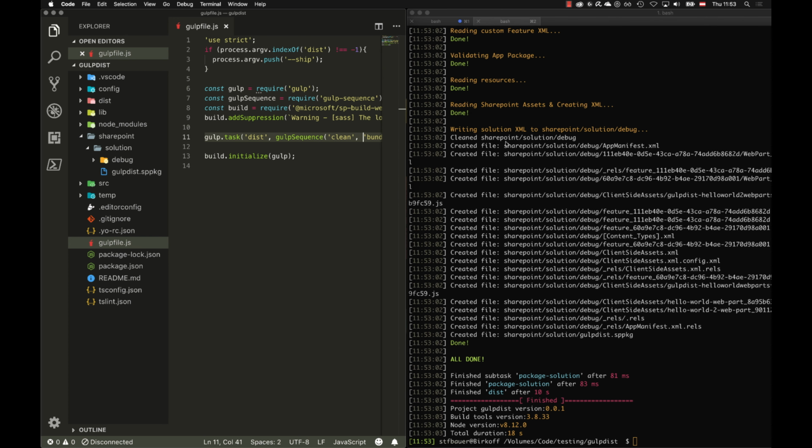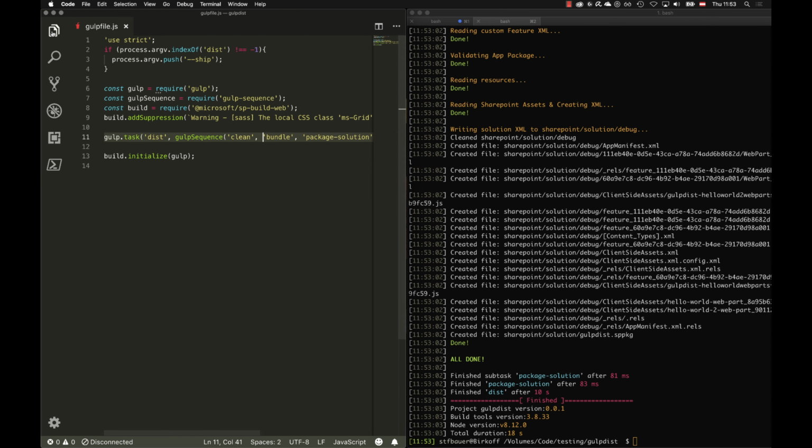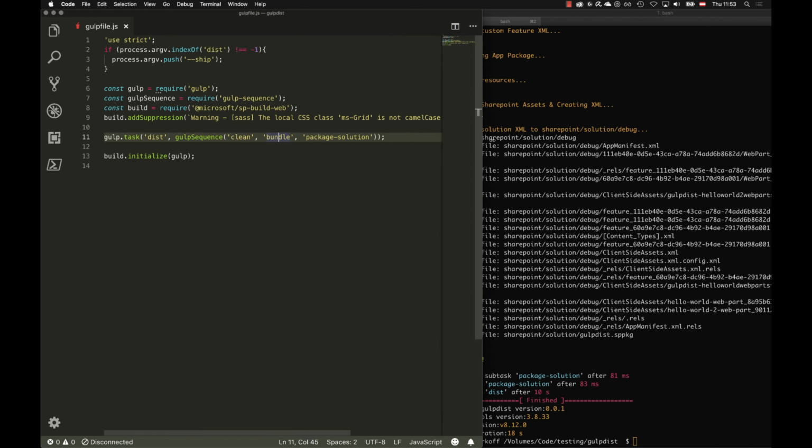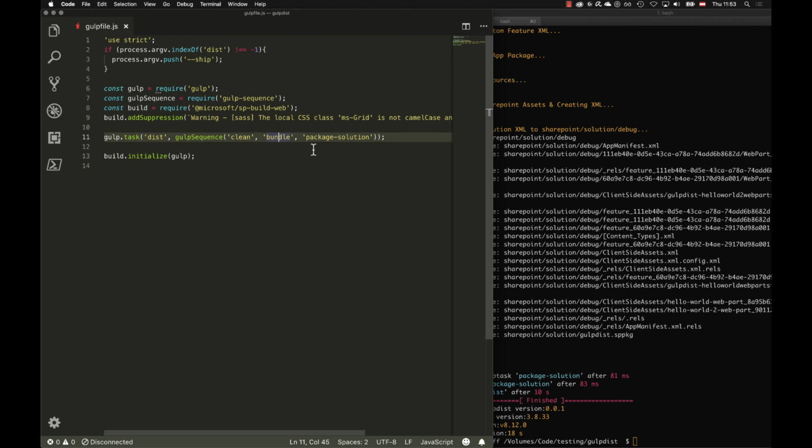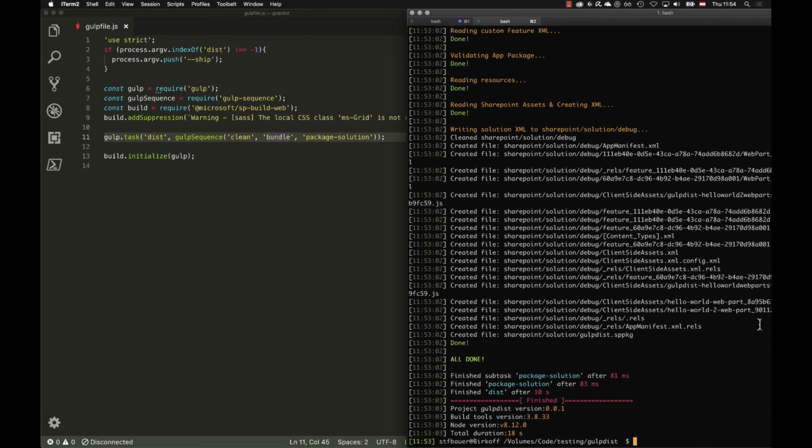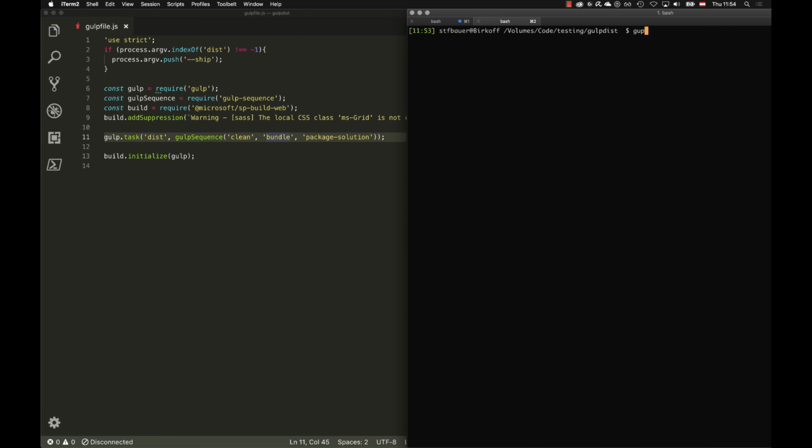Another thing that we don't actually need in here is the gulp build, so we can remove this safely, because what happens in SPFx is that clean is the first task that stands on its own, and when we bundle our solution, the build will be executed automatically. So this saves you a little bit of time when you create a new package. So what you can do now is execute the command gulp dist, and again you will end up in an